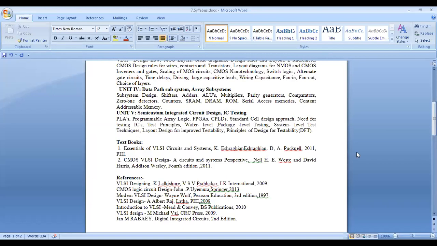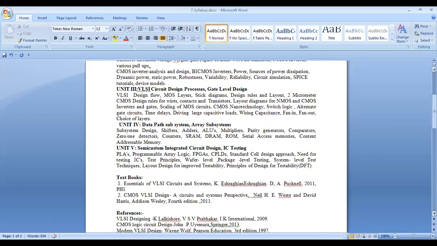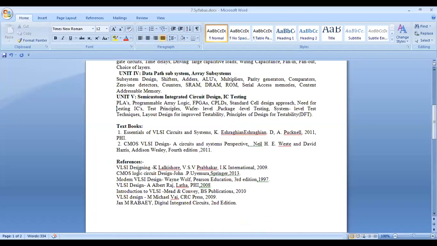It will cover almost 4 units of your subject, Essentials of VLSI Circuits and Systems. And for this CMOS VLSI Design, a number of copies are there in the library. It will cover the fourth unit, and that's a big unit. Though it is looking small here, it's a very big unit, and that is covered in the second textbook. So this VLSI Designing by Lal Kishore is a textbook,